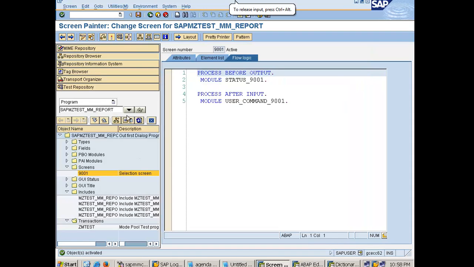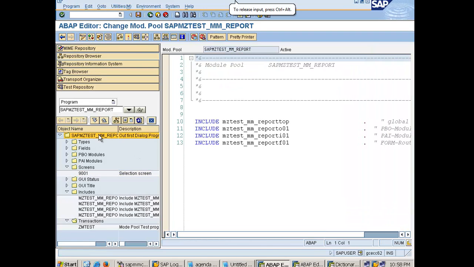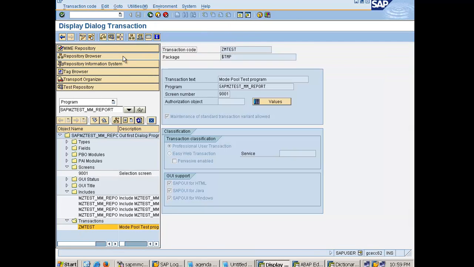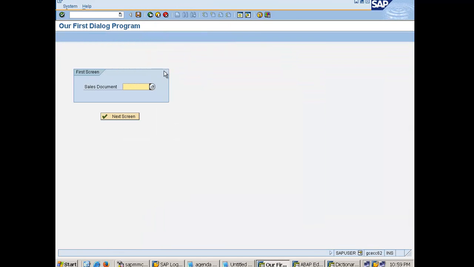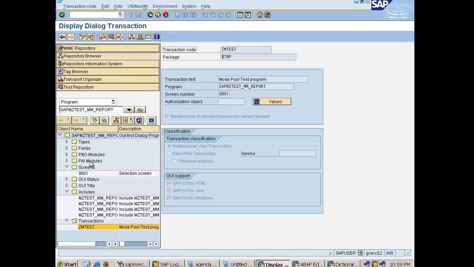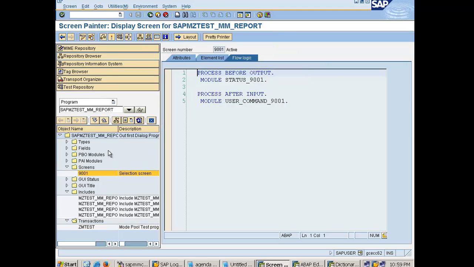So I think you guys are with me. I didn't do anything special. I'm not going to do anything special actually. It's very simple. Execute this. You'll see this: first screen, sales document, next screen. So this one looks a little professional, and obviously based on your creativity you can make it more professional. So go back